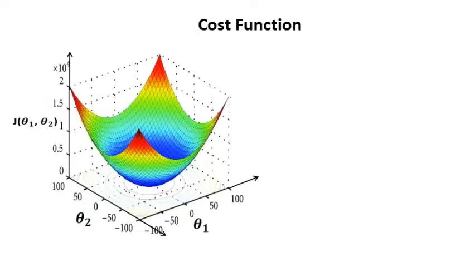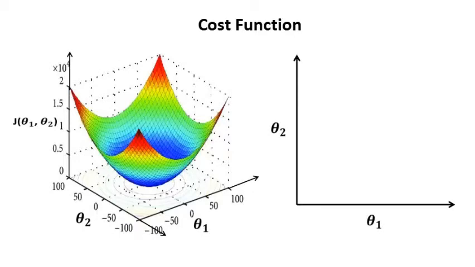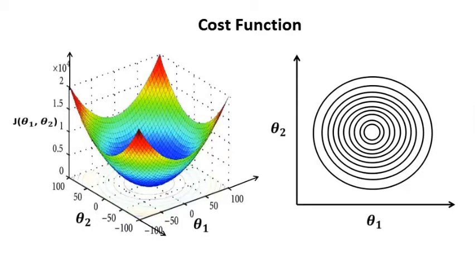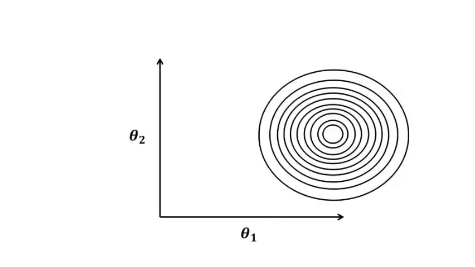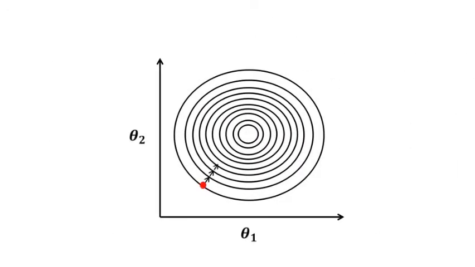Now, if you have to visualize cost function in 2 dimensions, we use something called a contour plot. On the axis we have parameters and cost represented as circles. Now this is like looking at the cost function from above. We'll have the same value of cost on any given circle on the contour plot. And as we go inwards, cost decreases. It decreases to a minimum at the center. Now you can visualize gradient descent here as well. We take small steps inwards to reach the minimum.